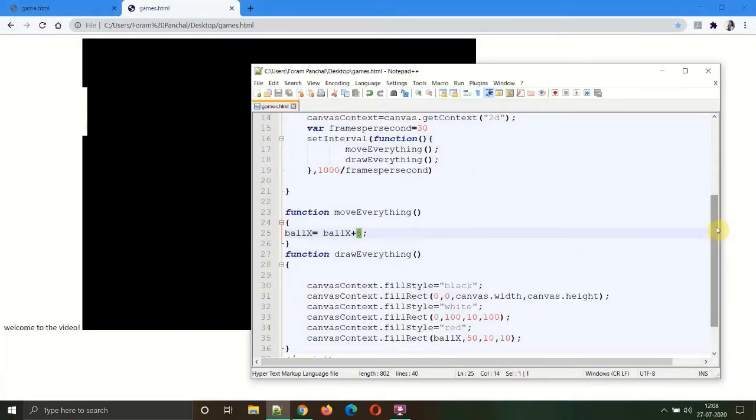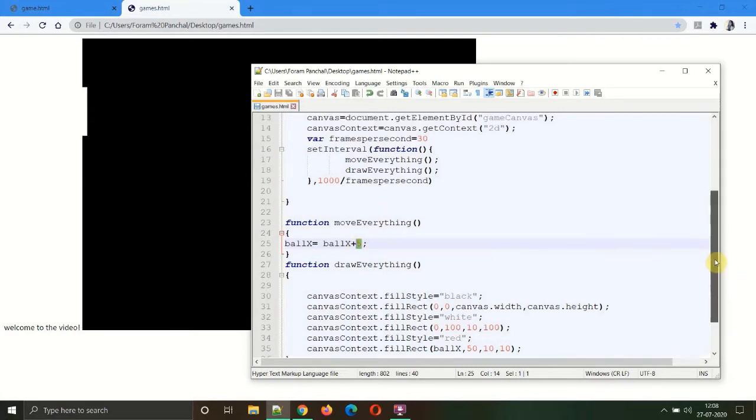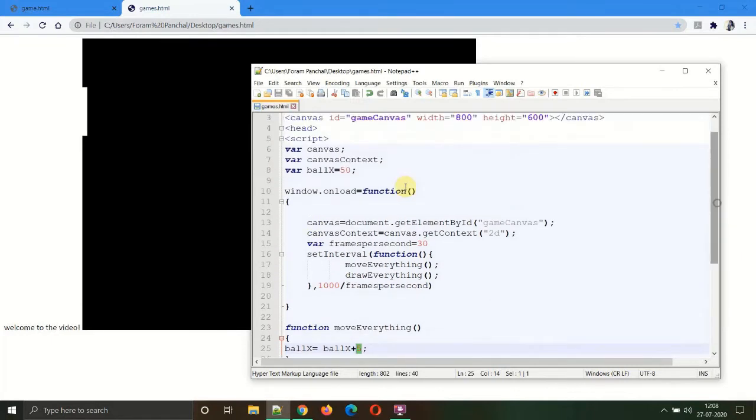Okay, so now the problem in the code is that over here we have hard coded the ball speed with the number 5. So whenever you need to increase or decrease your speed, you need to change this number. What comes to the rescue over here is, let's create a variable for the ball speed also.